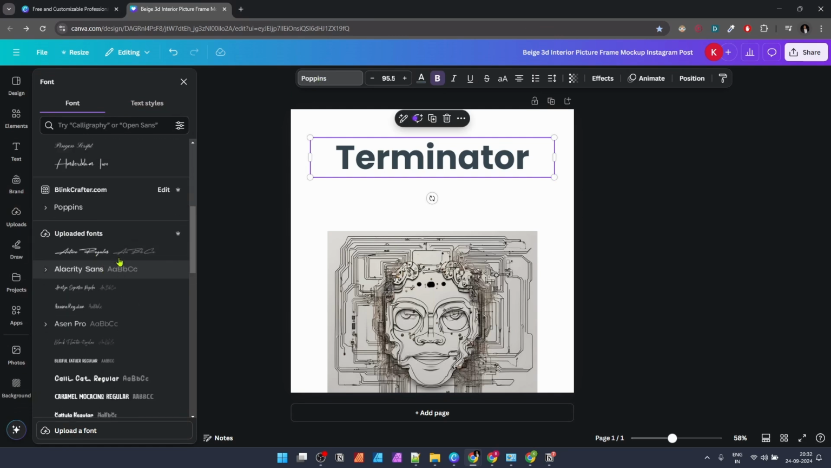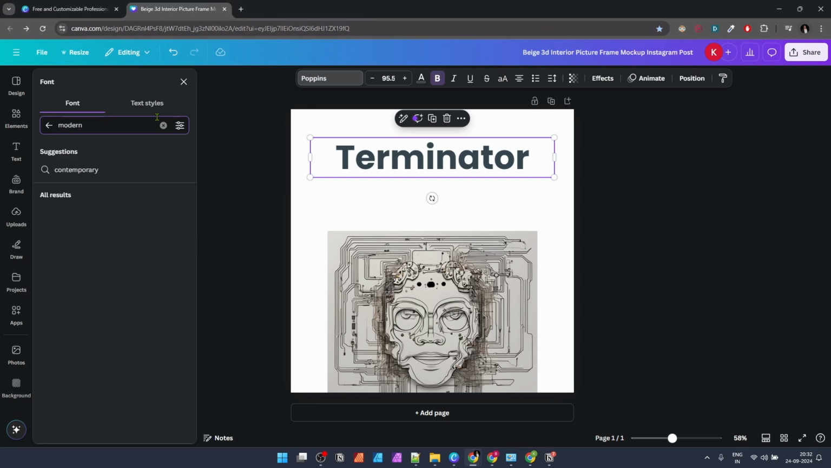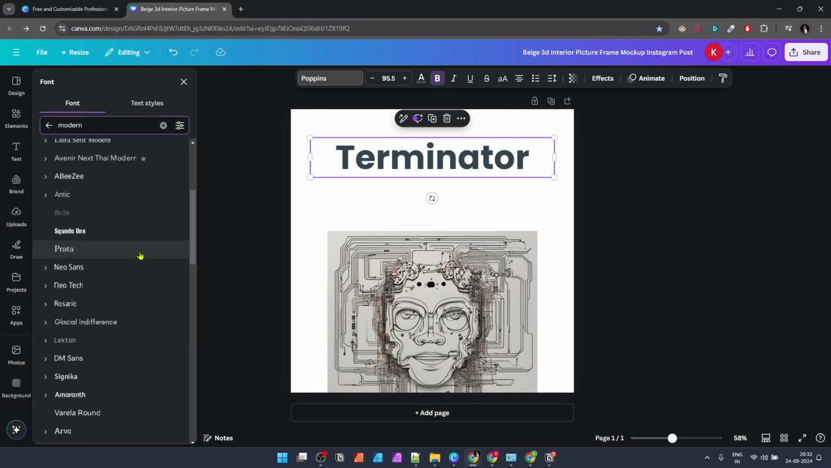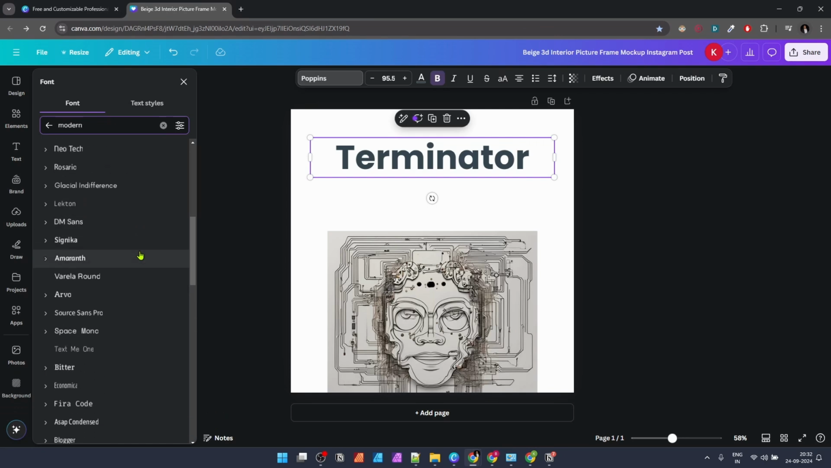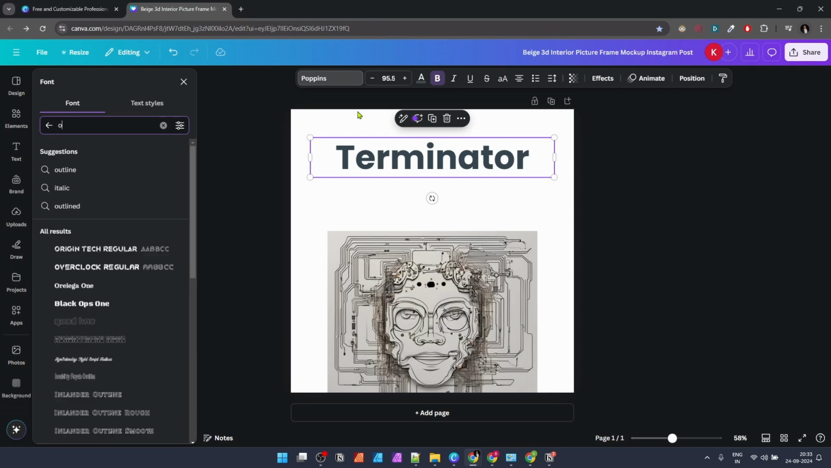And if you keep scrolling, or you will have to search something like modern, in there you can find something nearer to the Terminator font, but there is one in particular, and here it is. You have something which is related not directly to Terminator, but this is what I could actually find,